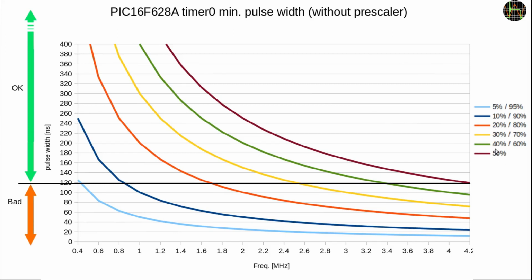We can see that at 50% duty factor with high and low pulses exactly equal, the frequency counter is generally in the clear, meeting the requirements, although it does get very tight at 4.2 MHz. For all other duty factors, you find an ever-increasing frequency range where the minimum pulse width is no longer met, and below 10% or above 90% duty factor, pretty much the whole range is in the bad zone. By the way, you can see the affected frequency can go quite low, with 5% duty factor down to almost 400 kHz. It really depends what duty cycle you choose to use.